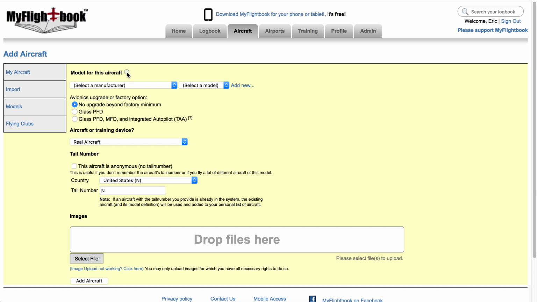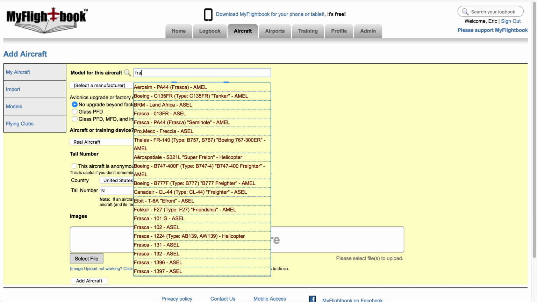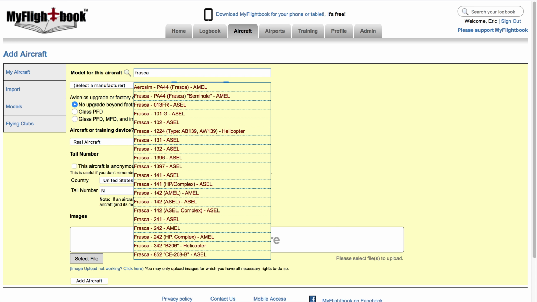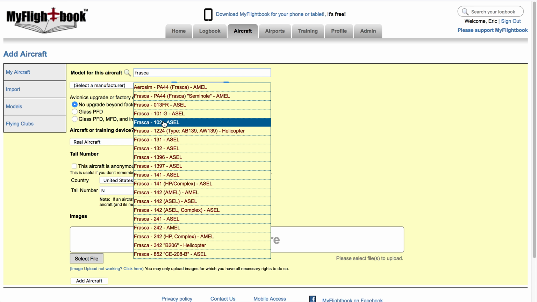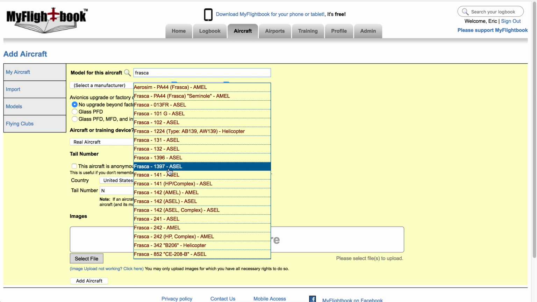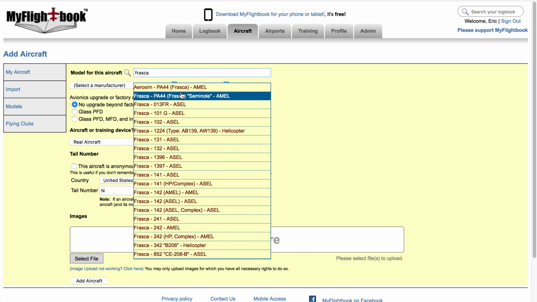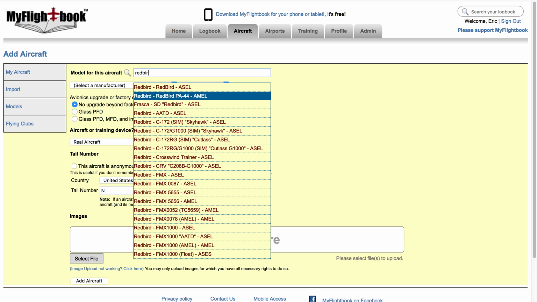And there are two ways you can go here with a simulator. The first way is you can type in, for example, Frasca, which is the brand of the simulator, the company that makes the simulator, and the model of the simulator that they make. Or you might do, say, a Redbird. There's a whole bunch of these in the system, and the nice thing about that is that they're flagged as being simulator only,